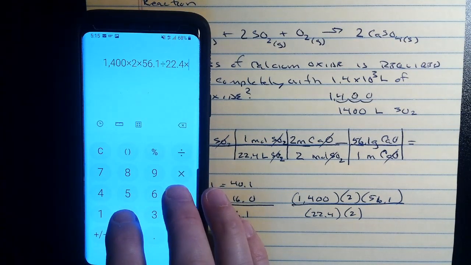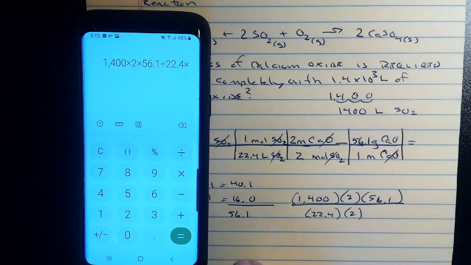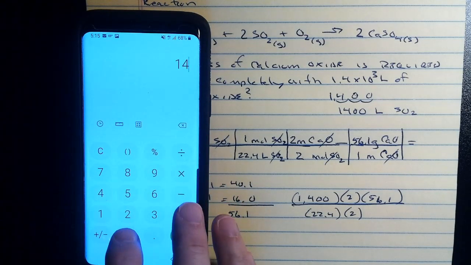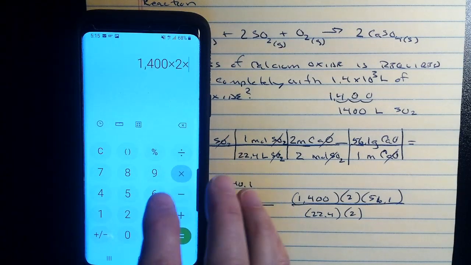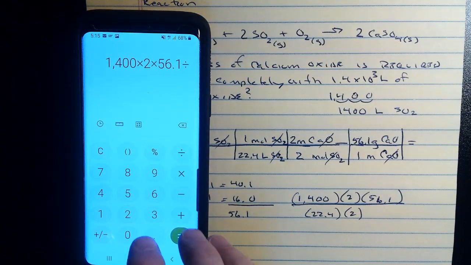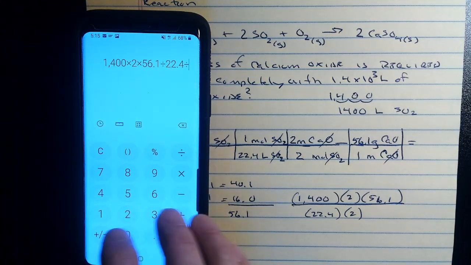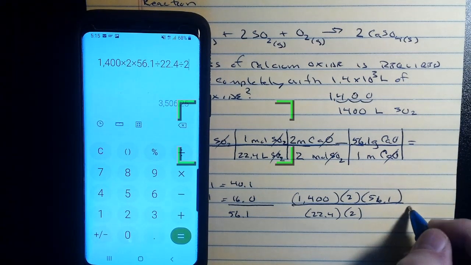I'm sorry, gosh, let me go back there. Shoot. Let me go back. I'm sorry here. Times 2 times 56.1 and divided by 22.4 divided by 2. And we get